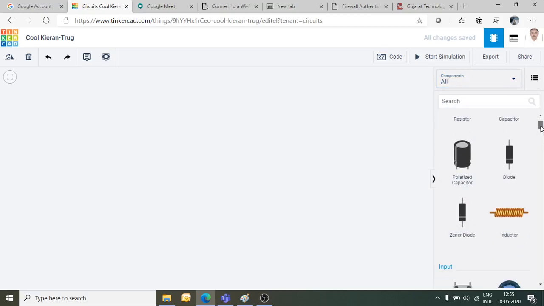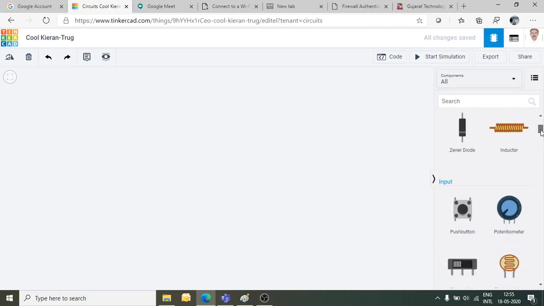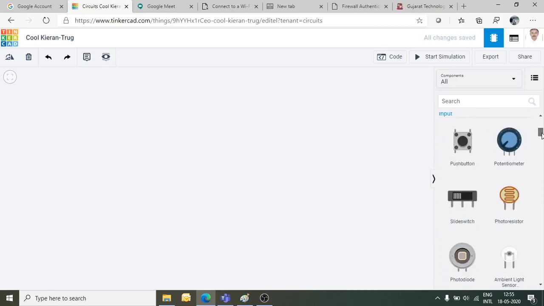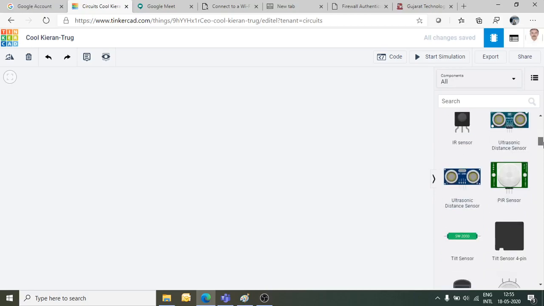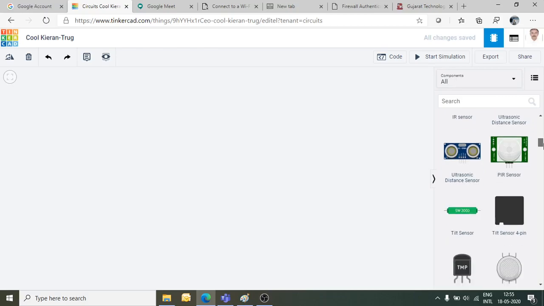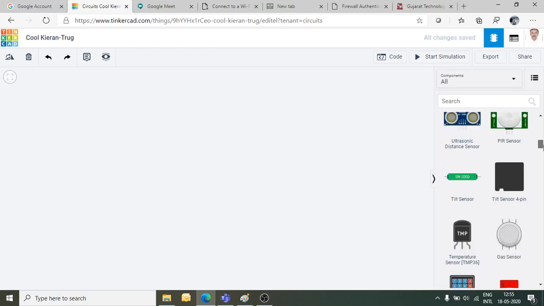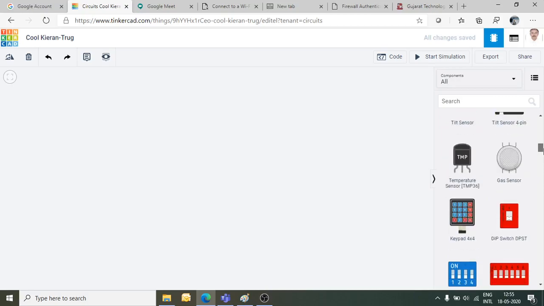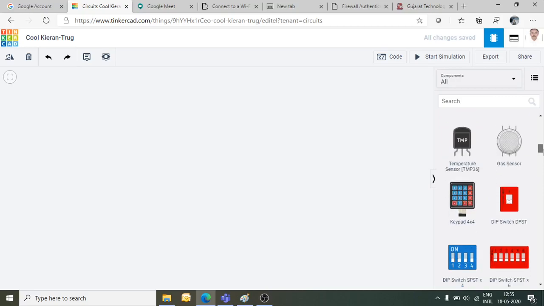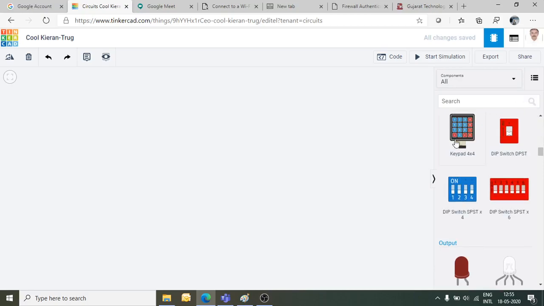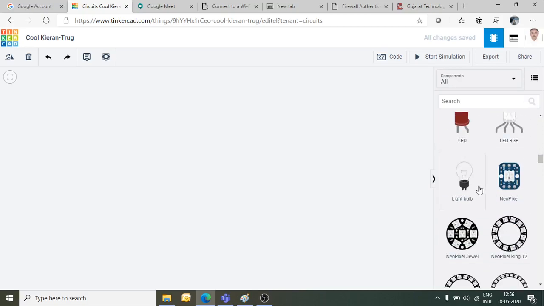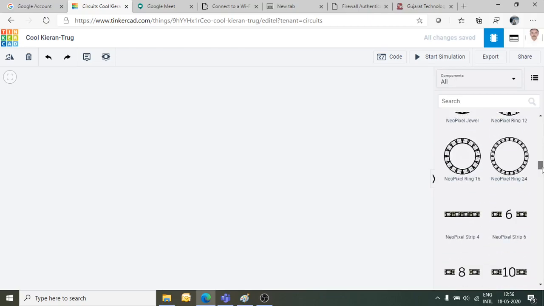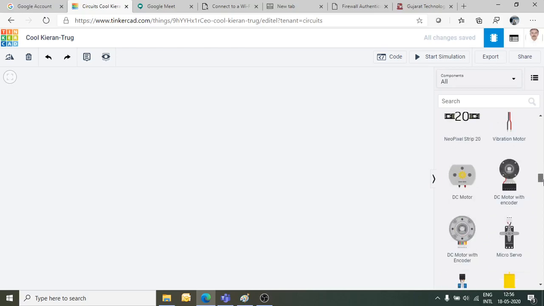Here you will find different diodes, resistors, capacitors, inductors, push button switch, potentiometer, LDR, IR sensor, ultrasonic ping sensor, ultrasonic distance sensor, PIR sensor, tilt sensor, temperature sensor, gas sensor, different types of switches, different types of LEDs like RGB LED, NeoPixel, light bulb, etc. Various types of LEDs are available.